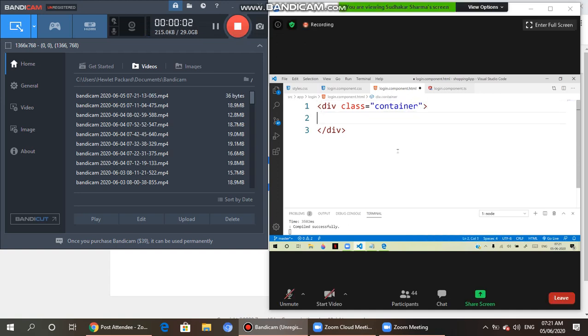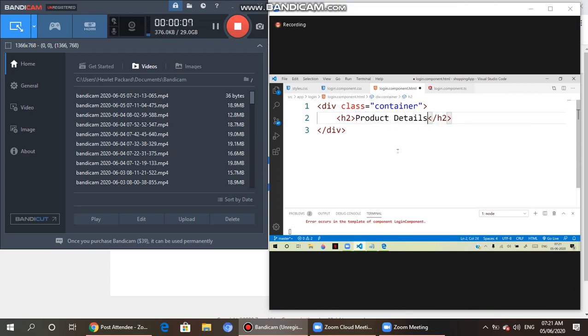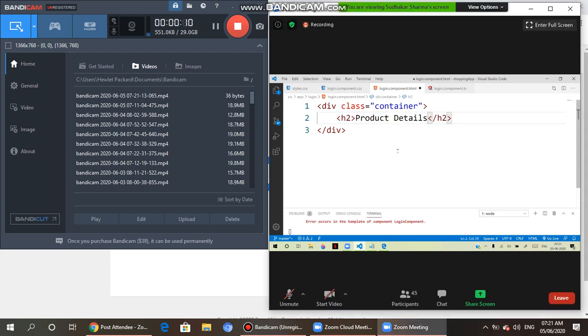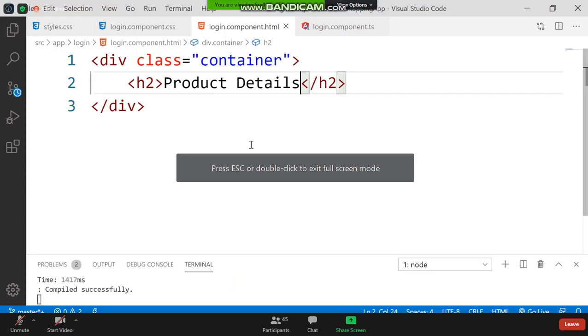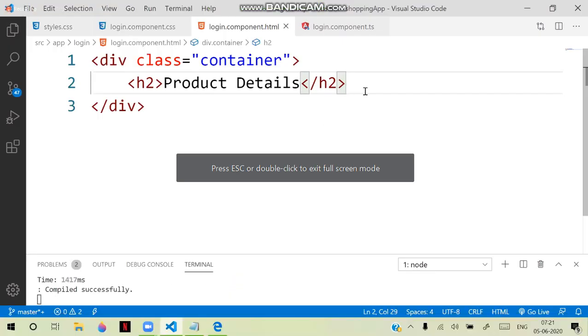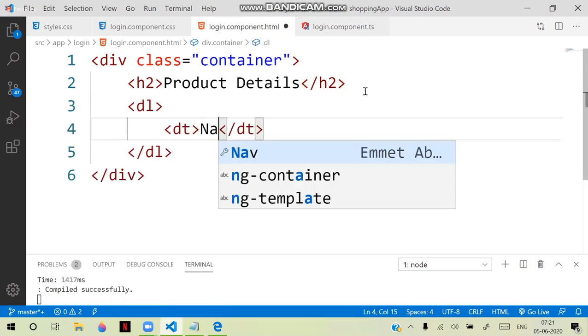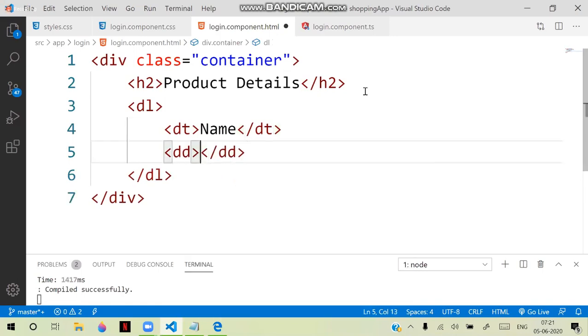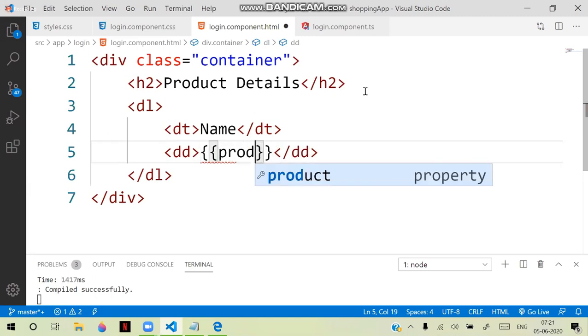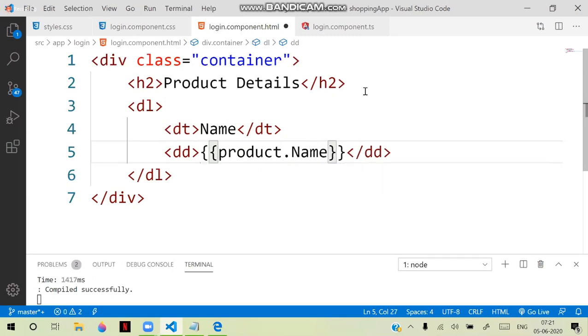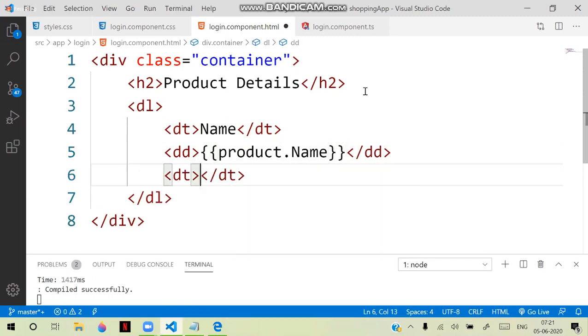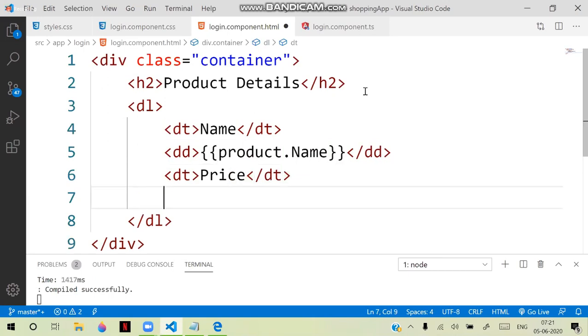Container. And I will give here product details. So in the product details, here we are configuring. All the details need to be displayed here. I'm using a data list, data term, name, and a data definition. Here I'm using an interpolation. And here I need to access product.name and data term. So price, here we need to access